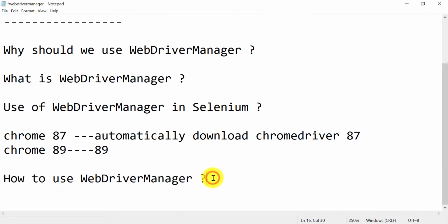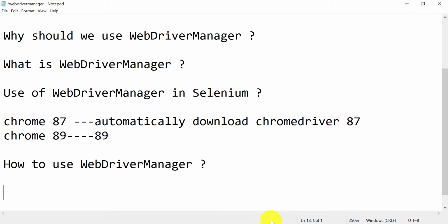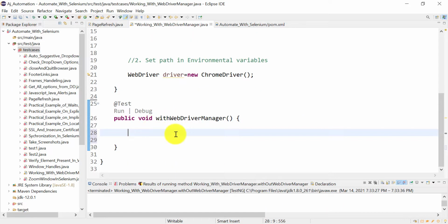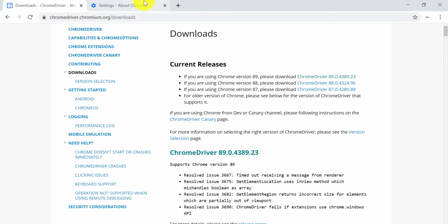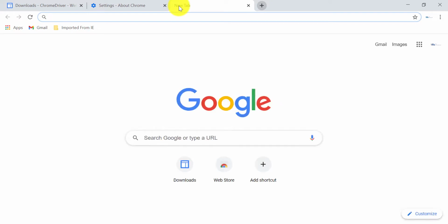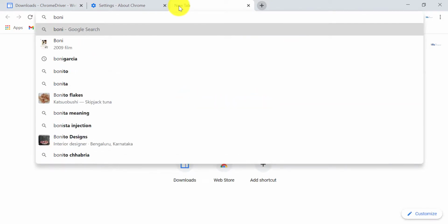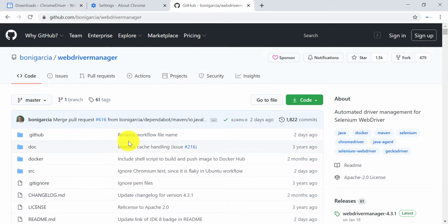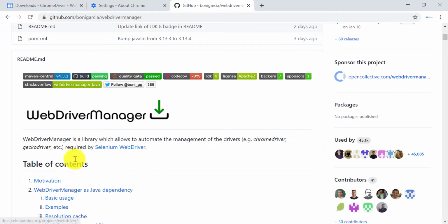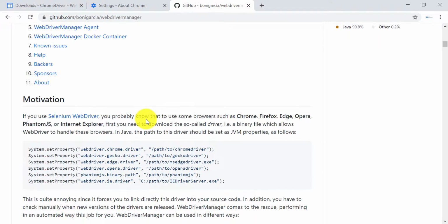Let's see how we can use WebDriver Manager in Selenium now. First, you need to add the WebDriver Manager dependency in the pom.xml file. Let me show you that. Just search here for Boni Garcia, click on WebDriver Manager, and there you will find each and every piece of information about it in detail. If you scroll down,